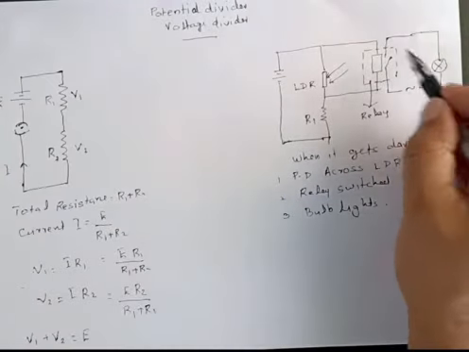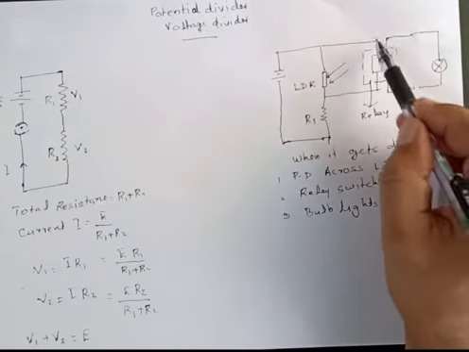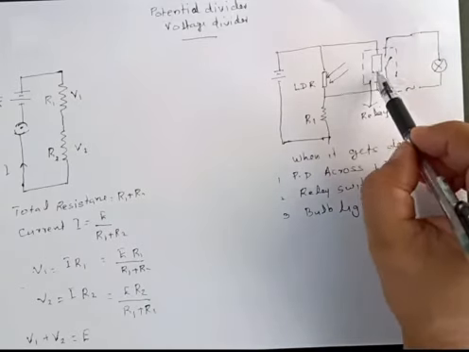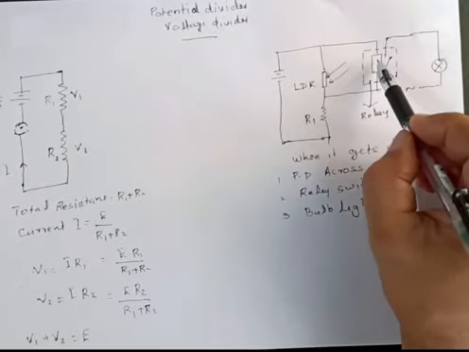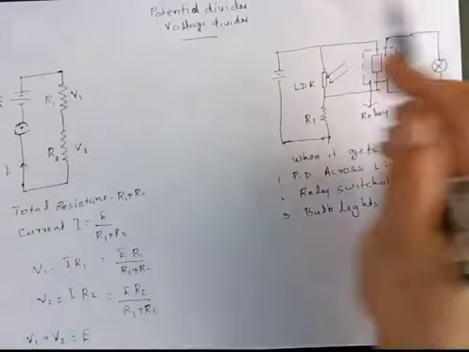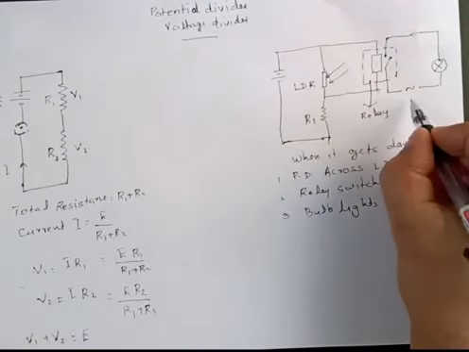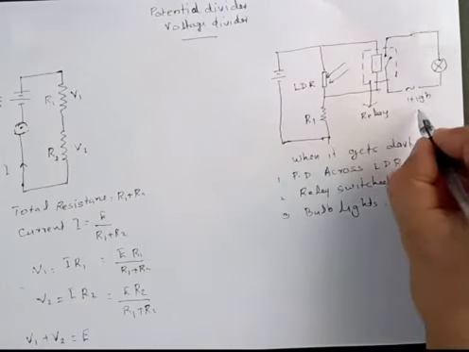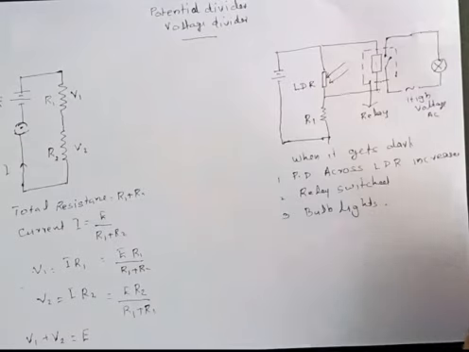Now how does this relay work? It's very simple. When the potential difference connected to the relay goes beyond a particular value, this gets magnetized, and this is a metal reed. This will just get attracted towards this magnet, and it will move in this direction and come in contact with this end. So this will switch on the circuit. Here you have a high voltage, not too high, AC. This is the AC power you use, so you will switch on the lamp.